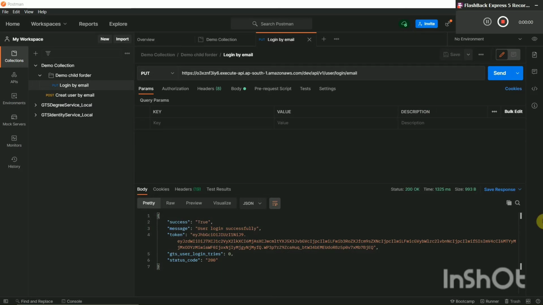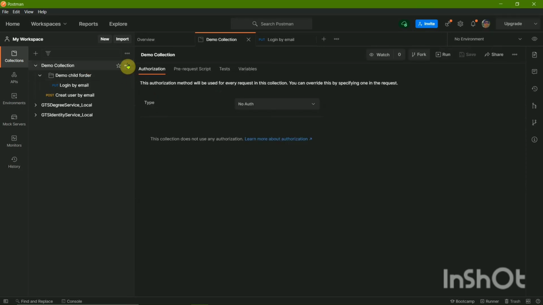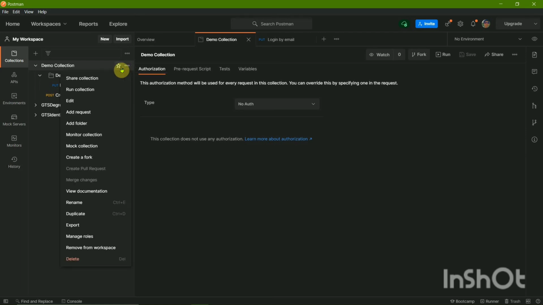So guys, in this way you can create a new collection and requests. So friends, now we are going to learn how to export this collection that we have just created. To export, we can select the collection, or on mouse hovering on this collection you can see three dots. On clicking on it, you get to see the more actions, the other actions that you can perform. At the bottom you can see the export menu.